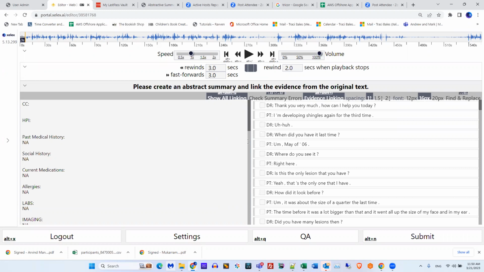Let me show you what it looks like. Now, keep in mind, this is a demo, and I don't want us spending an hour on this file when we have other things we need to look at. So we're going to imagine that everything I type is completely accurate, how a professional MT would do it, and all the evidence is linked.